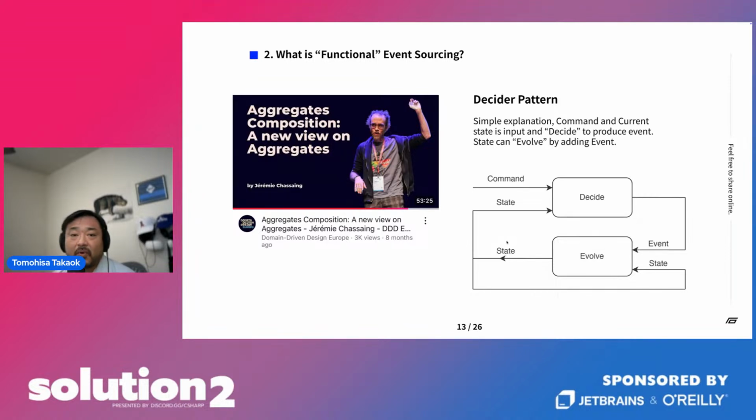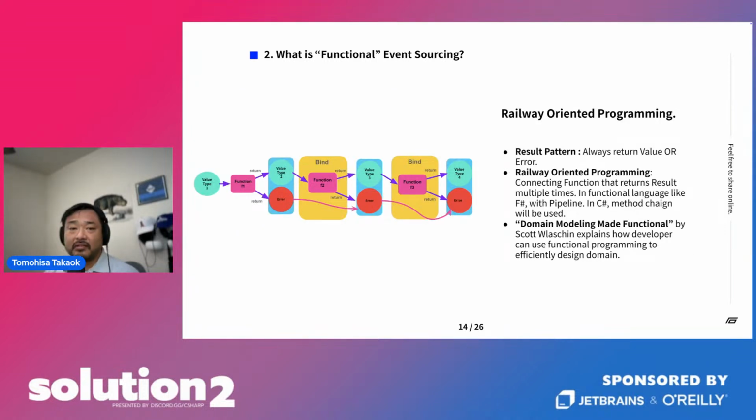So those two simple functions can form event sourcing. And now there are many frameworks using the decider pattern, something like Wolverine, and they have the functional style. So we implemented it in our Sekiban as well. And in Sekiban we also implement